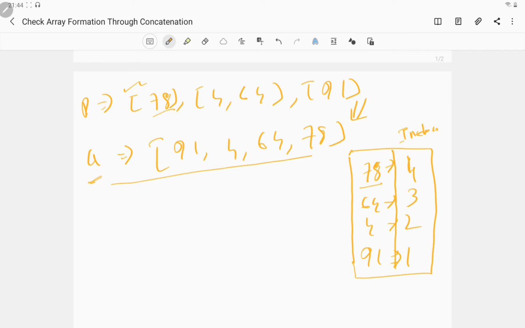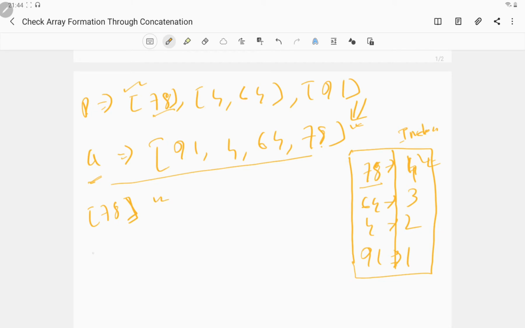Again, I will pick one piece at a time. So I will pick probably 78 first, and I will check that particular number. If I pick a single number, then there will not be any problem. We can easily see it is present, and its index is not 0, which means this number is present in the input array, and we can go ahead with other elements. So I will pick 78 and check the index of 78. Here I can see it is in the 4th position, then we are good. We can consider that element is already there.